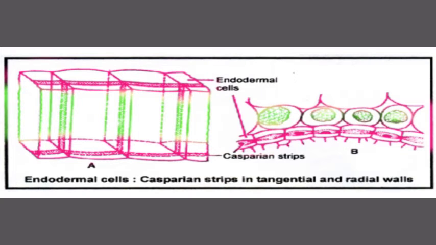Let's see the diagrammatic representation of endodermal cells. How the cells are suberized. We know suberin is impervious to water. Suberin does not allow water through them. So some cells which are not suberized are called passage cells in endodermis. But most of them are suberized and form a band or strip called Casparian strips. Let's check this diagram carefully for your better understanding.